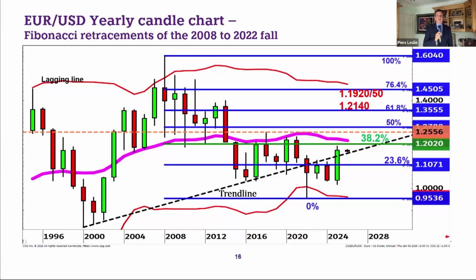But one thing I'd say on trend lines and anything, you want a rule of confirmation to come in. So you want to see price action hold above that on another year. I know you might say, oh God, it's another year, but it's a yearly chart, so we're looking long-term, big picture. You need to see that happen, and it needs to really get above that 38.2% for us to get a move higher. But at the moment, looking at the upside here, I see initial resistance around about the 119.20 area and 121.40.